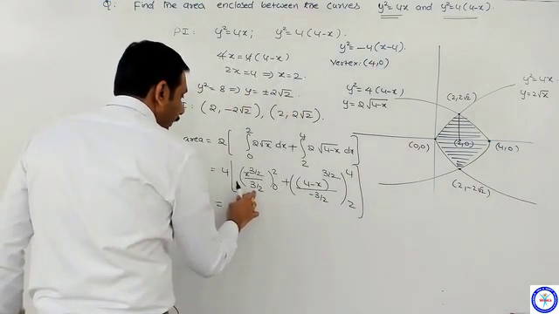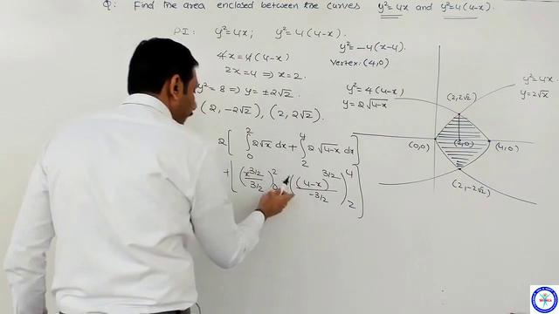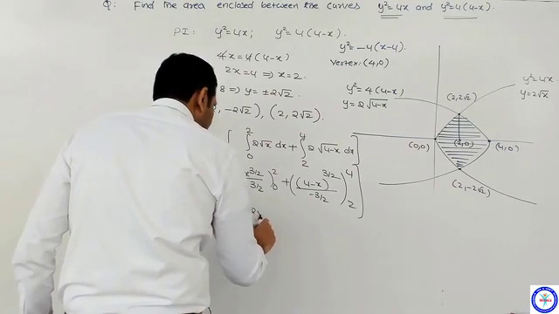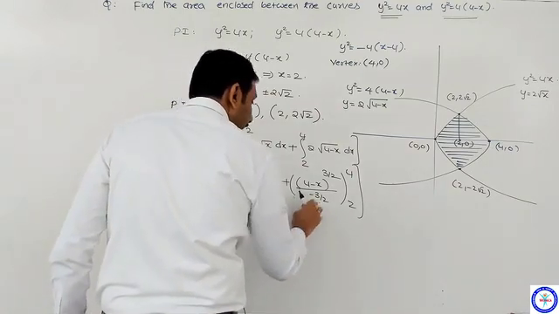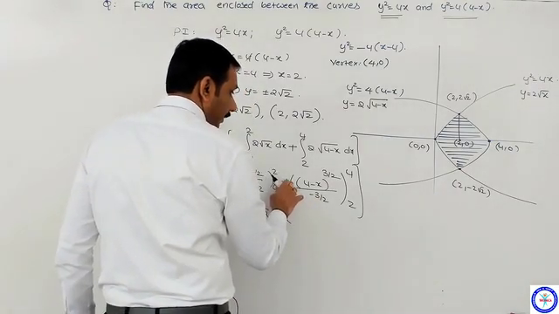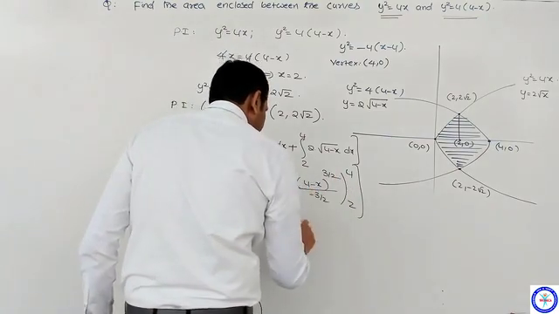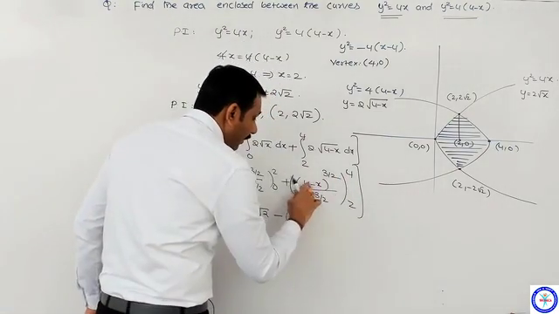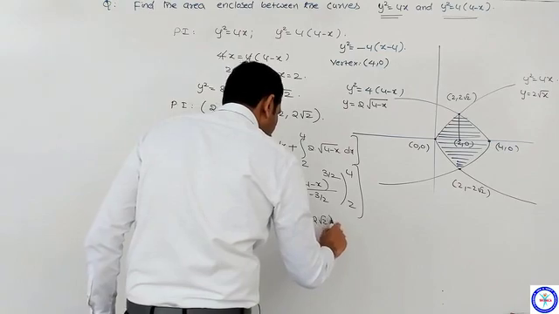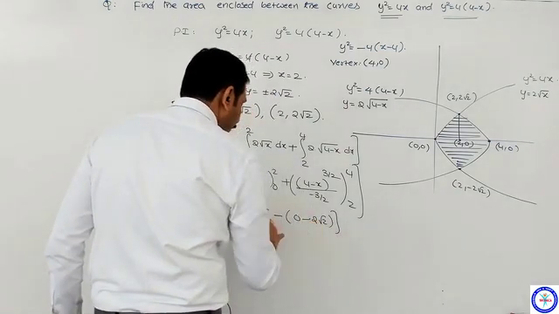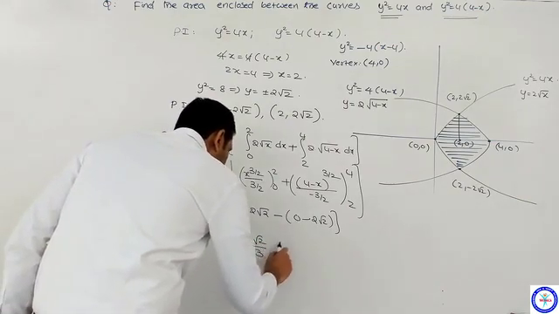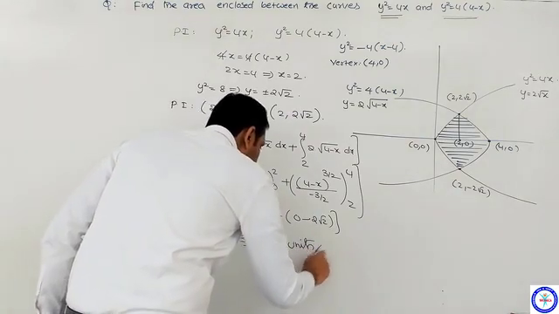It is equal to, here 3 by 2 means 2 by 3, here minus 2 by 3 I will take outside, it is 8 by 3 into 2 power 3 by 2. It is 2 root 2, minus sign I will write here, observe here, it is minus 2 by 3 actually. Upper limit if I substitute 0, 4 minus 4, lower limit 4 minus 2, 2, minus 2 power 3 by 2 means it is 2 root 2. 2 root 2 plus 2 root 2, 4 root 2. 4 root 2 into 8, it is 32 root 2 by 3 square units will be the required answer.